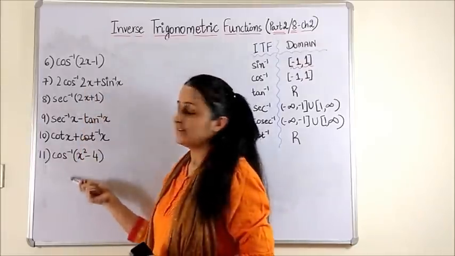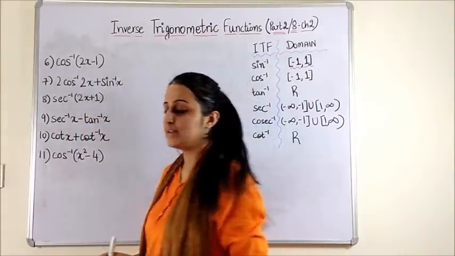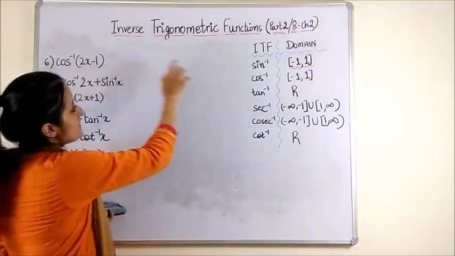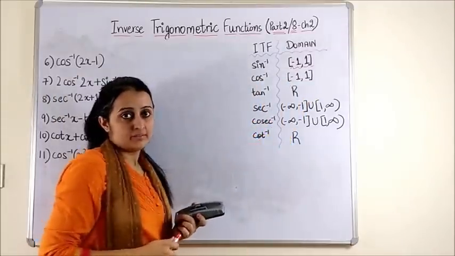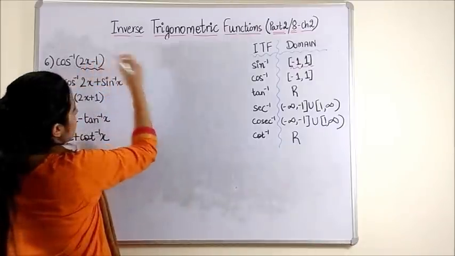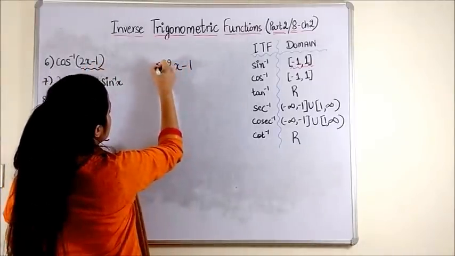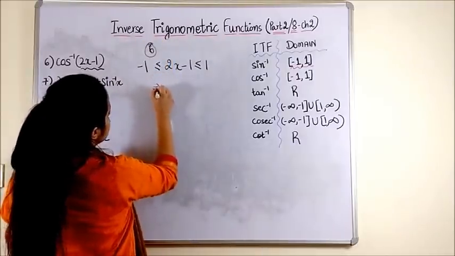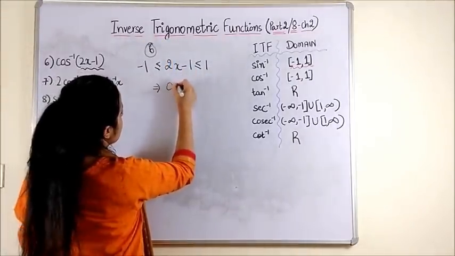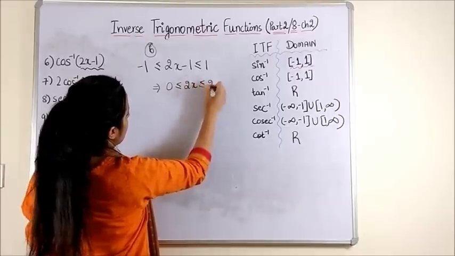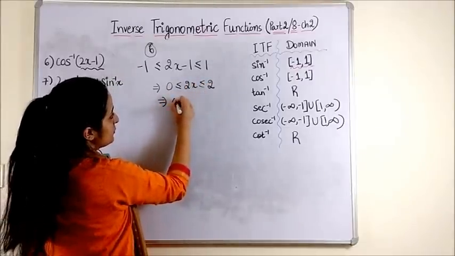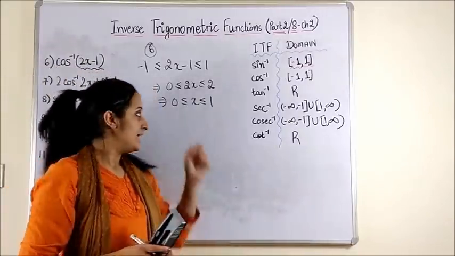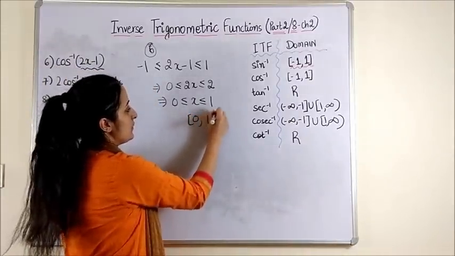Let's have a look at the last question for this segment, question number 6. Now once again, cos inverse has to lie in the domain -1 to 1, and so should the expression inside. So 2x minus 1 must lie between -1 and 1. This means adding 1 to all the sides, and further dividing by 2, that's it. The domain for the first function is the closed interval 0 to 1.